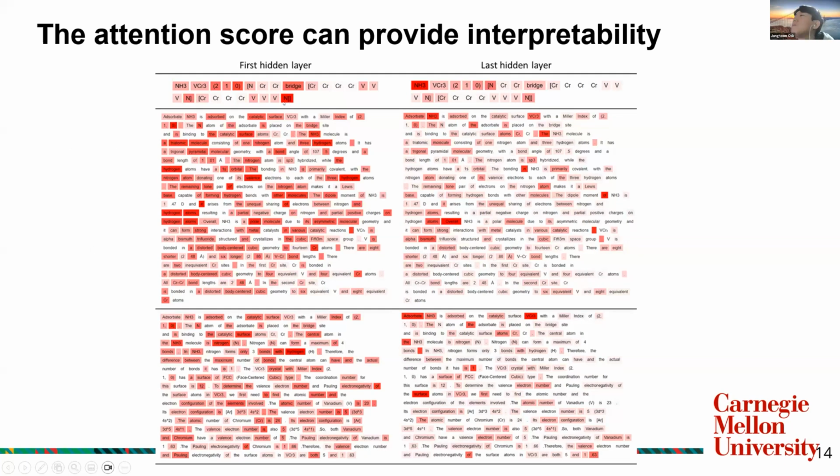So the brighter color represents the lower attention score, and a redder color represents more attention score inside the model. So yeah, in the attention scores of the first hidden layer, we can clearly observe a strong relationship between adjacent tokens. We can find more colored tokens in the first hidden layer for all string types and description types. But once the tokens are passed through the hidden layers and get to the last hidden layer,